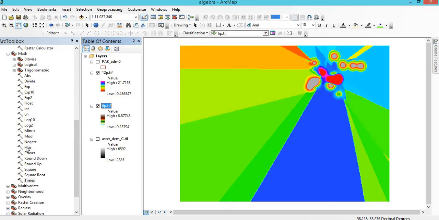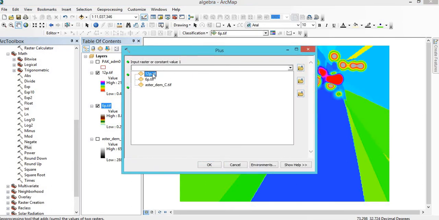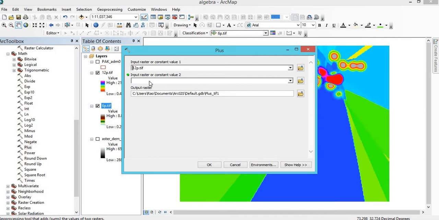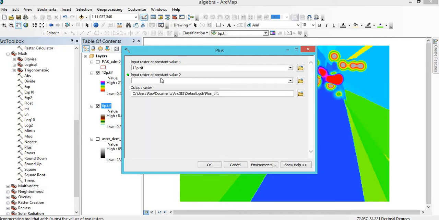So first of all, if we want to add some data, like plus, you can see in the second tab we have the option input raster or any constant value.